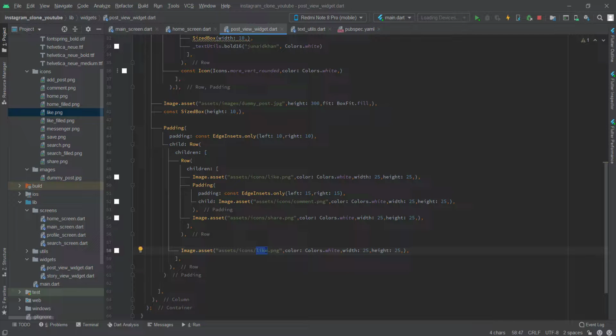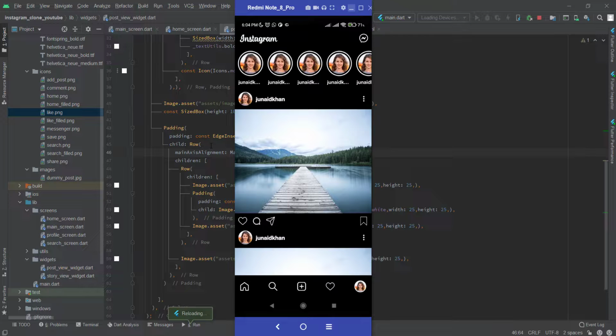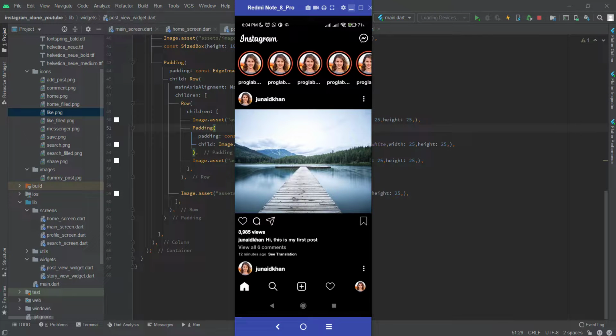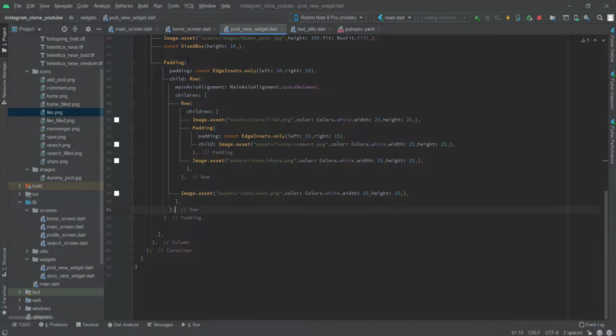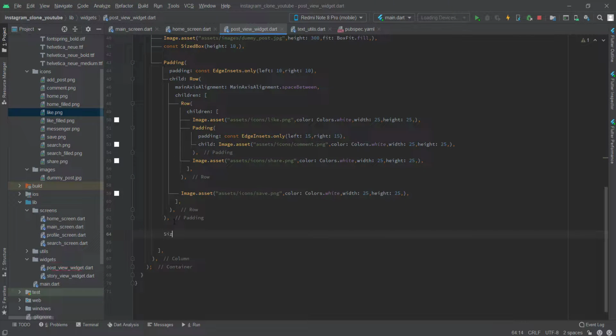and save.png, and again we can define the main axis alignment to space between. Now it's showing me perfectly fine. Okay, after that we need to define our views. So for that we can use text utils, and it's ending here. I think so we need to add some space. Yeah, sized box, height is